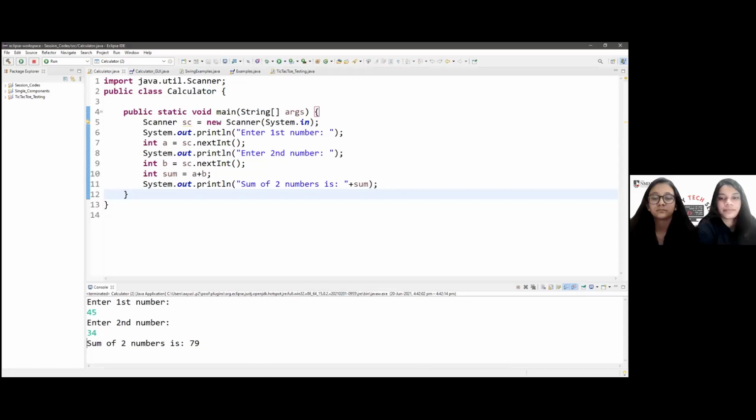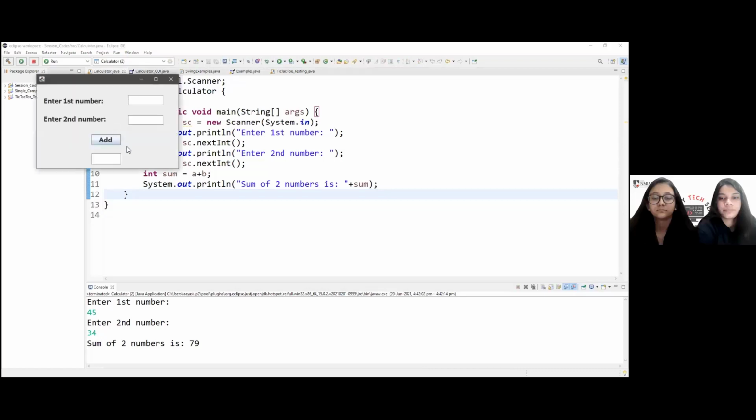But it looks kind of boring and unattractive. So now let us execute the code with a GUI, in which we have a pop-up window with two columns to enter our first and the second number. So let's enter the first number in the first column and then the second number in the second column. And now, on just pressing a button, we can get the output in a text field, and that looks attractive and interesting.